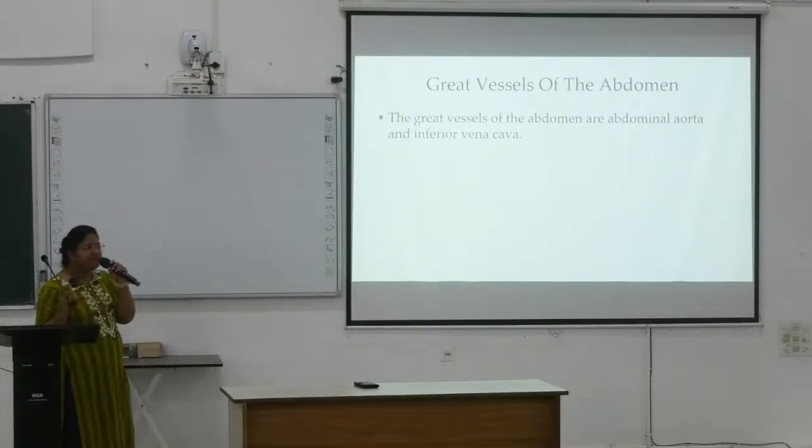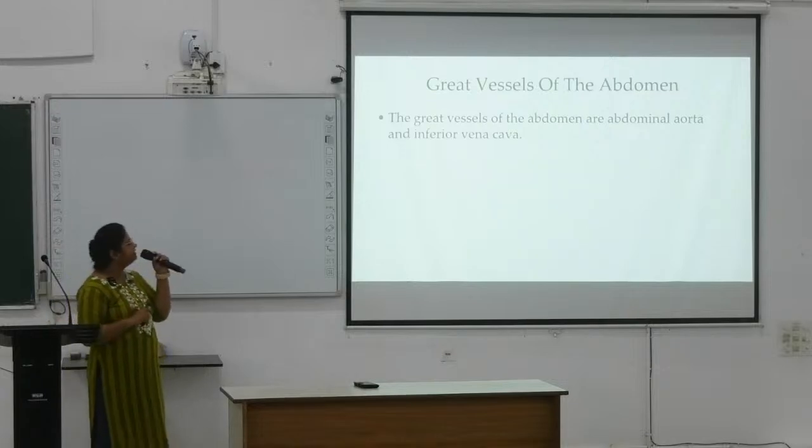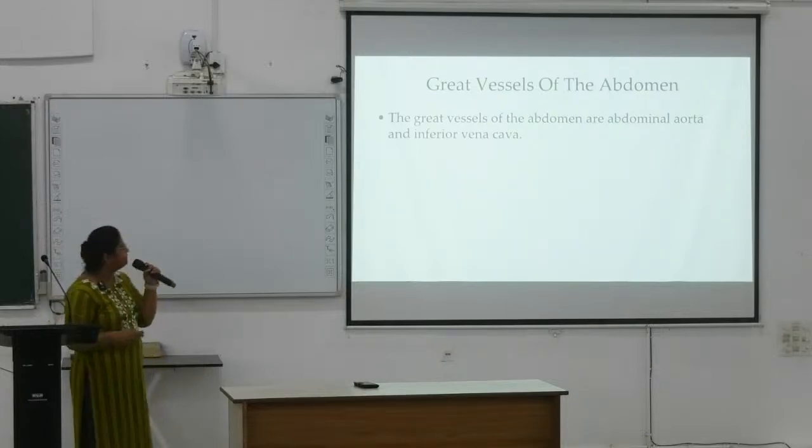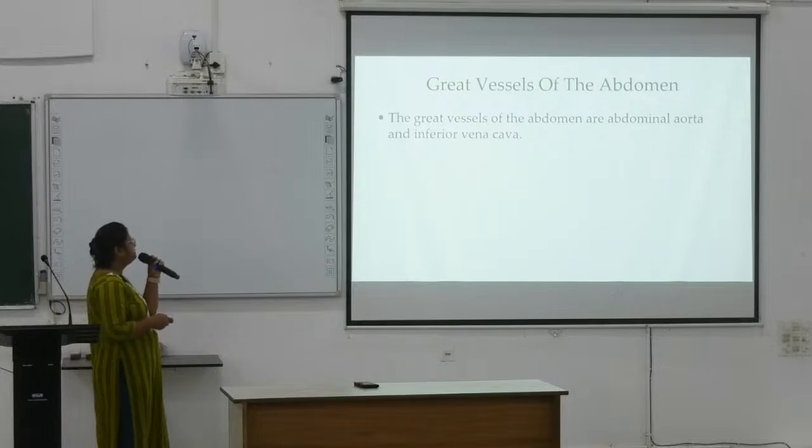Now, on the posterior abdominal wall lies the great vessels, the abdominal aorta and the inferior vena cava. So, the great vessels of the abdomen are these two, abdominal aorta and inferior vena cava. Next,